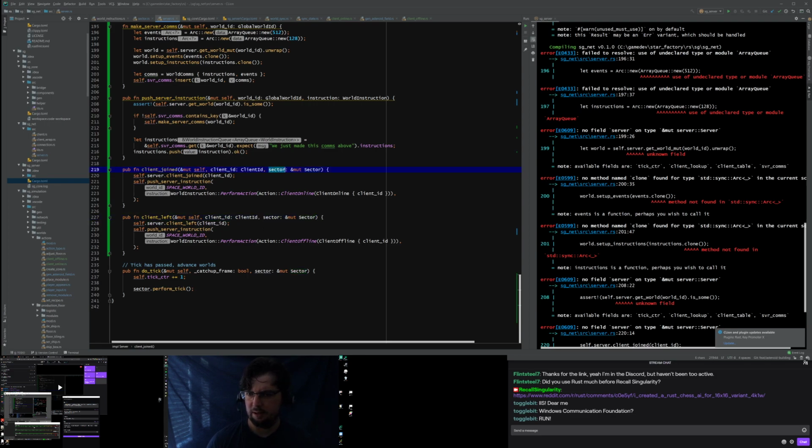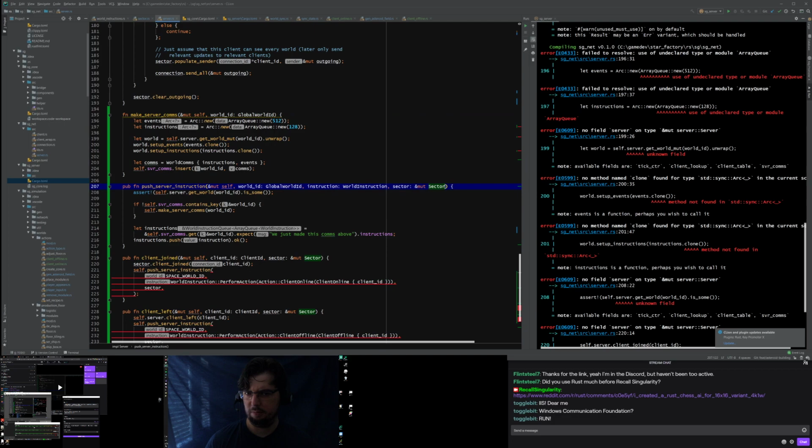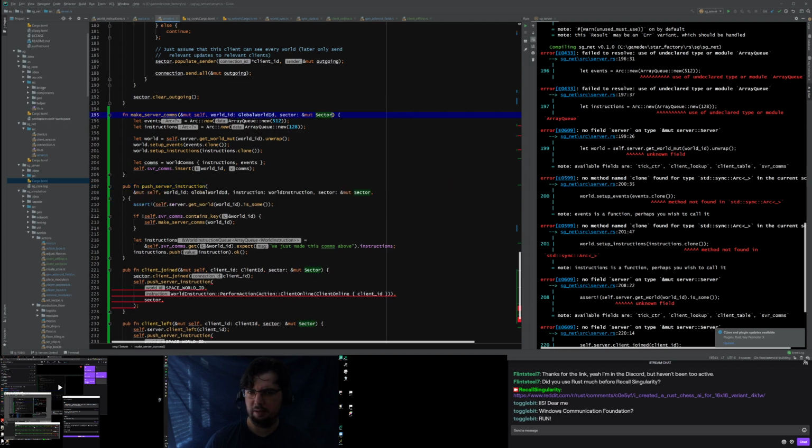And then I'm going to need to say sector.client joined. And then I'm going to need to pass the sector into push server instruction. Like so. And here. And then I need to introduce these arguments into push server instruction like this. And make server comms up here. And then where it says self.server, that needs to be the sector we just got passed. And this push server instruction,